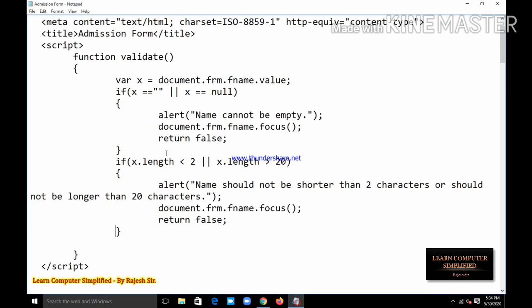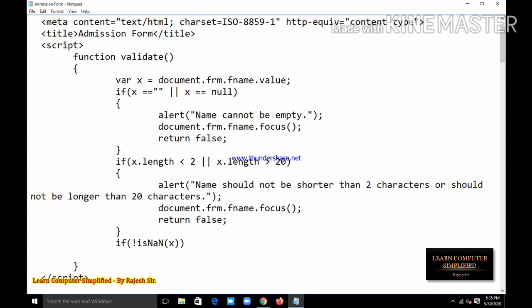For that, again the same way, I have the variable, so I simply add the validation: if exclamation isNaN(x). isNaN stands for is not a number, right? And exclamation is the not operator.